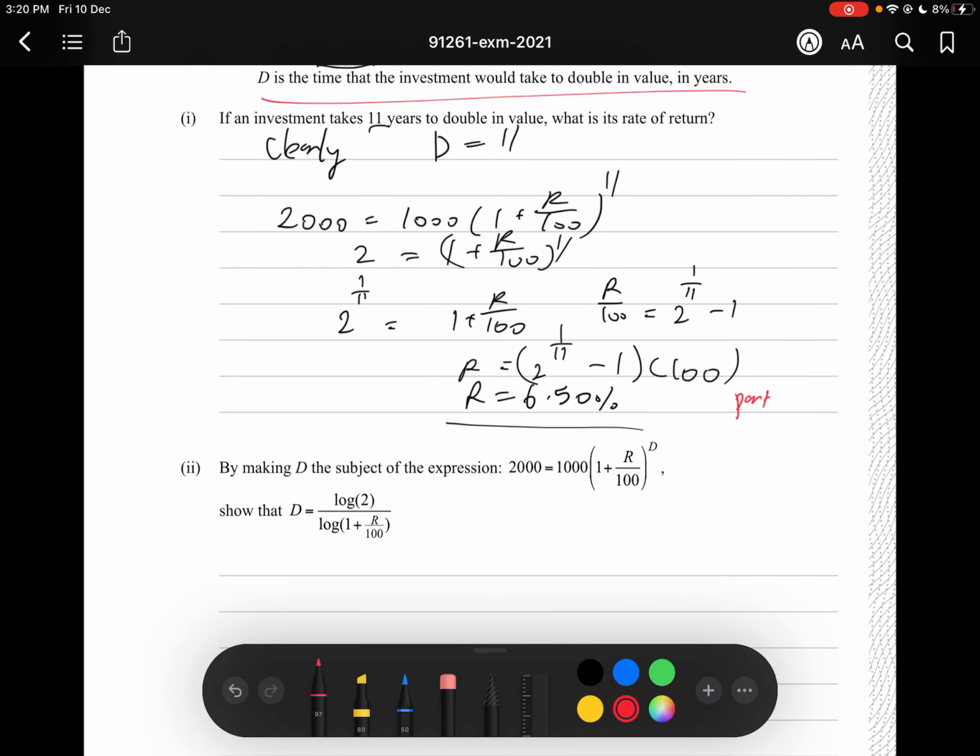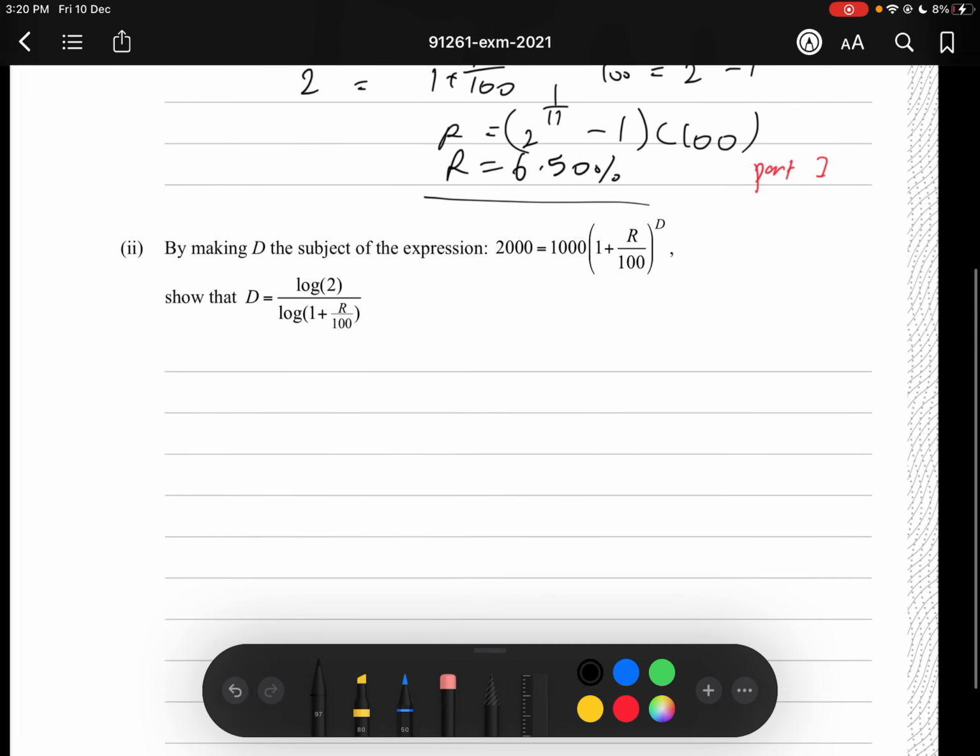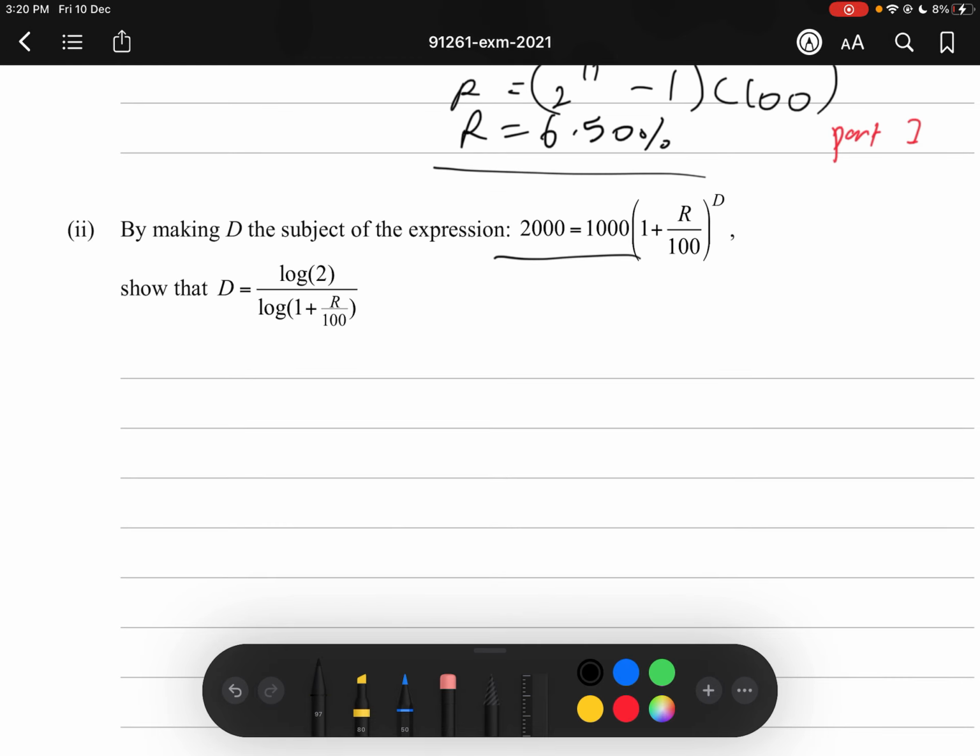So part 1. And looking at part 2, by making D the subject of the expression, show that D equals log 2 over log of 1 plus R over 100. That's pretty straightforward, a very typical NCEA question. First things first, you've got to get rid of the 1,000 on the right-hand side. You divide both sides by 1,000. So 2 equals 1 plus R over 100,